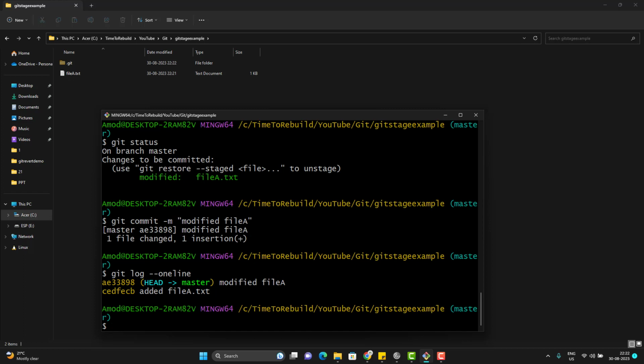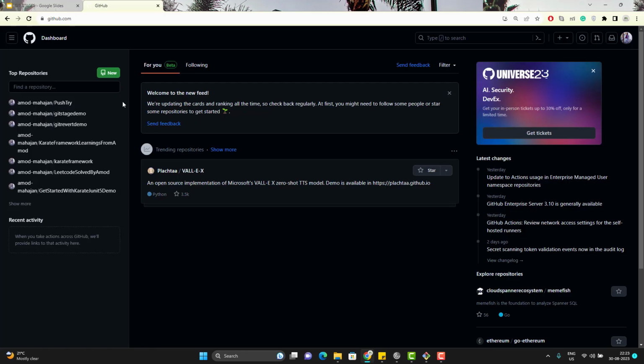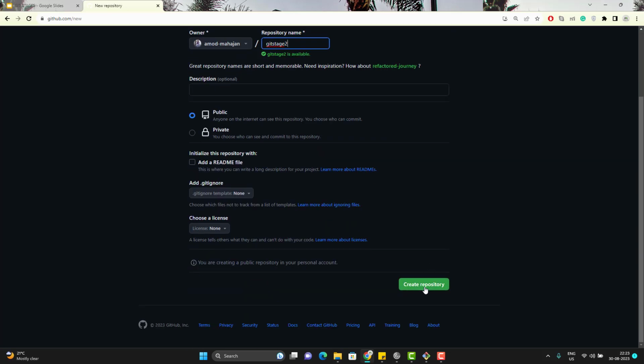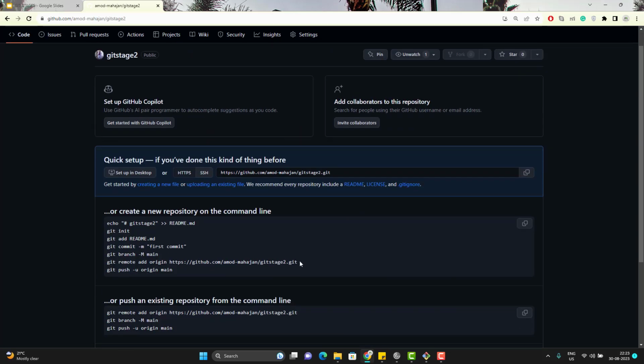So to push, we need to create one repository in GitHub, Bitbucket, or whatever Git service provider you want to use. So let me quickly create one repository in GitHub. Go to github.com, log in with your credentials, click on New and create one repository, let it be public, and click on create repository. Now let's add the remote repo to our local repo.